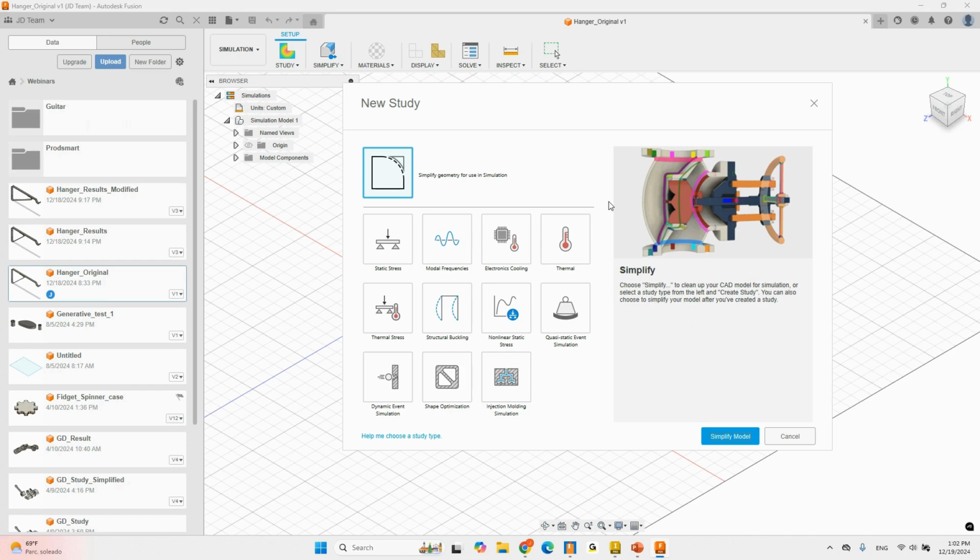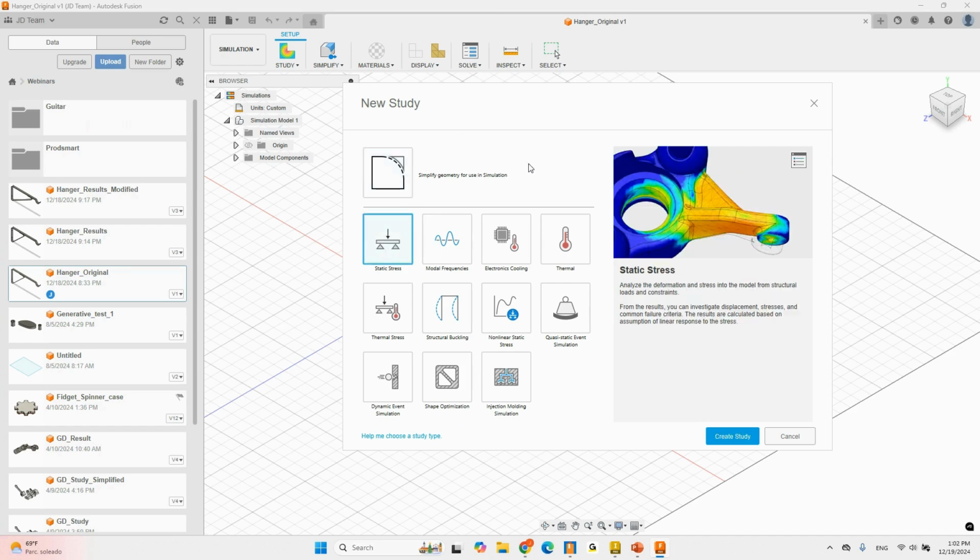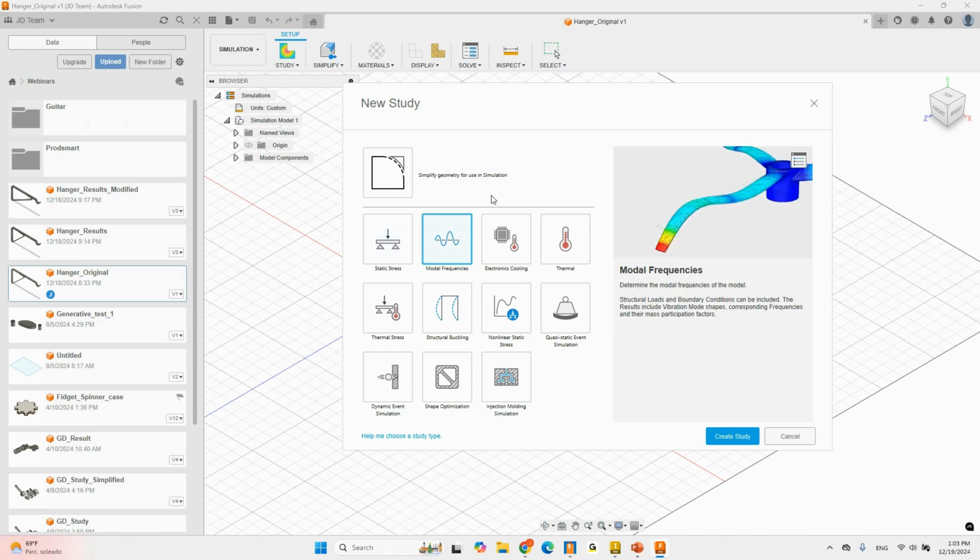Their basic vanilla out-of-box Fusion installation comes with regular static stress. So you can perform simple analysis. You can check for stresses, for deformations, those kind of things with static stress. But there are so many more types of simulations that you can perform here. You can perform modal frequencies analysis in case you want to find the shapes, the frequencies for